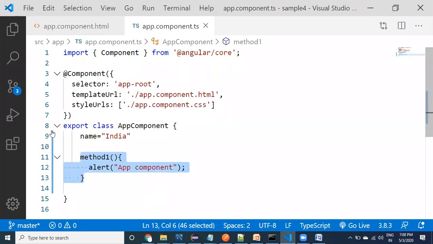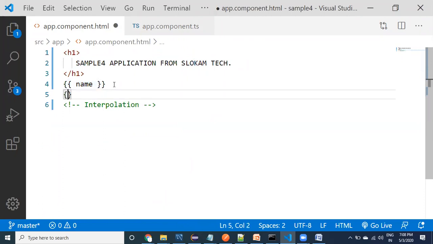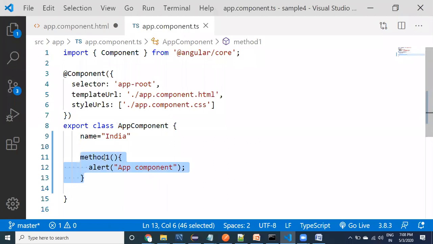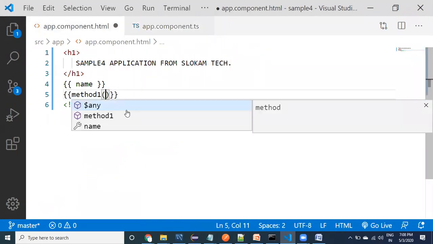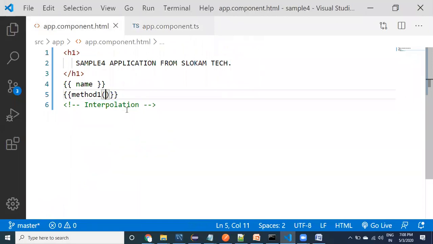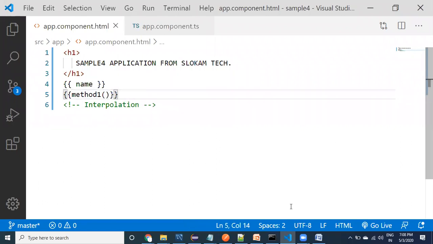This is a very basic introduction today. Now how can I use the property? Using this string interpolation, guys. Again, I can use this string interpolation to call the method also. What is the method name? Method1. See here, guys, you can call this method1. So within the interpolation, I can call the property and I can call method1.